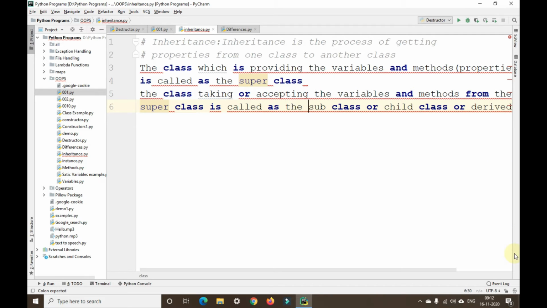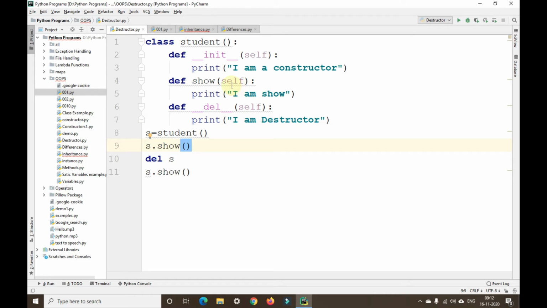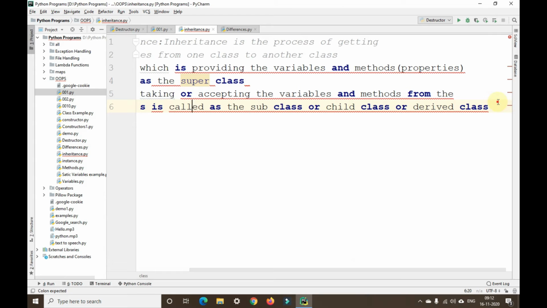The class which contains static variables and static methods, or instance variables and instance methods, constructor, destructor, or anything else, everything will come in inheritance. Like in destructor, we had a student class with a constructor, an instance method, and a destructor. Everything will be inherited, so nothing is left behind when we are trying to inherit.